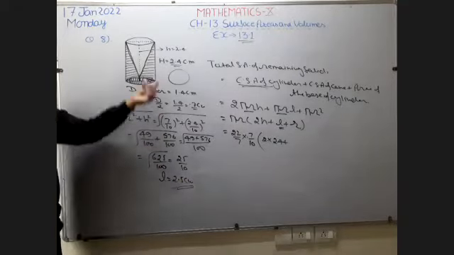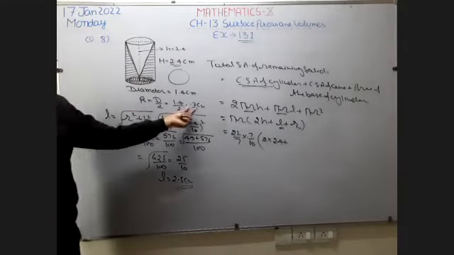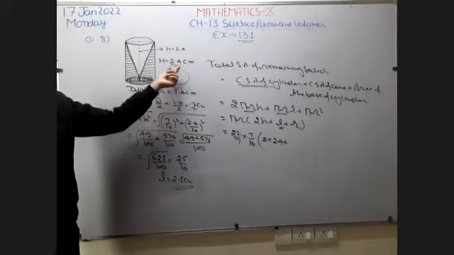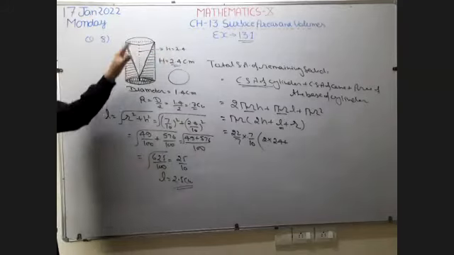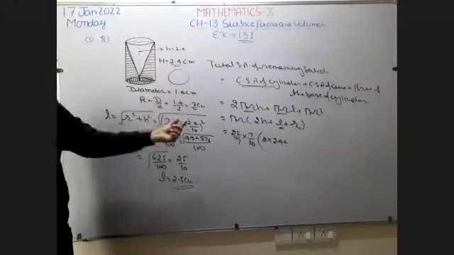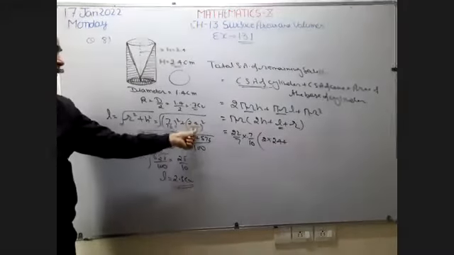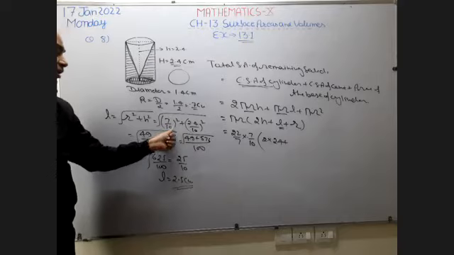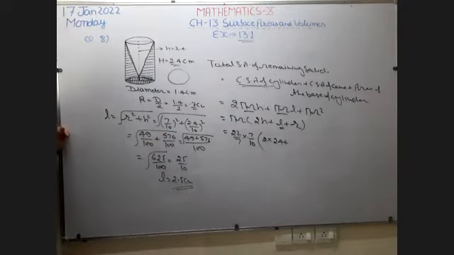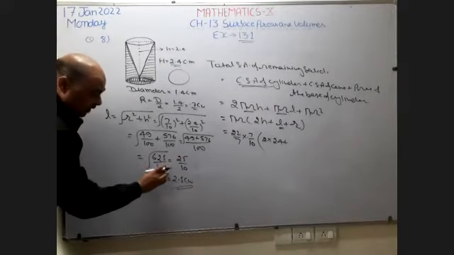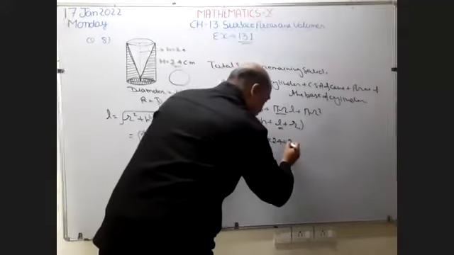Okay. Slant height of this cone is not given, so I use this formula for finding L: r square plus h square. r is given 0.7, so write 7 by 10. Height of the cone is also 2.4, because it is given the same height, since we want to hollow out the cone from the cylinder. So height will be the same. Take height of the cylinder and cone 2.4. Square of 24 is 576. Square of 7 is 49. Square of 10 is 100. Adding this, it becomes 625 upon 100. Square root of 625 is 25 and square root of 100 is 10. So this is going to be 2.5 centimeter. So right here, 2.5 centimeter.